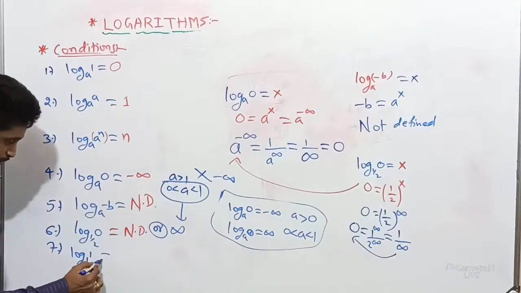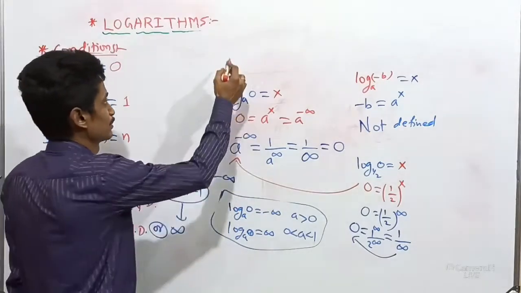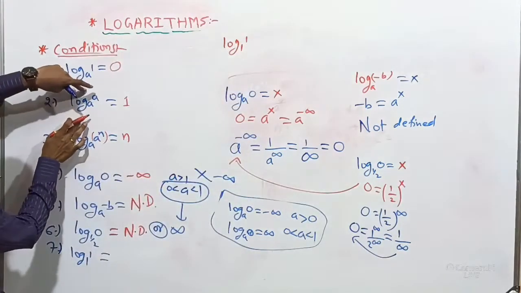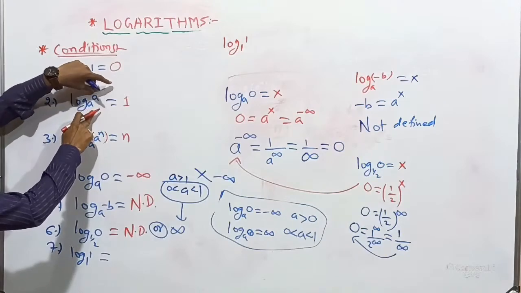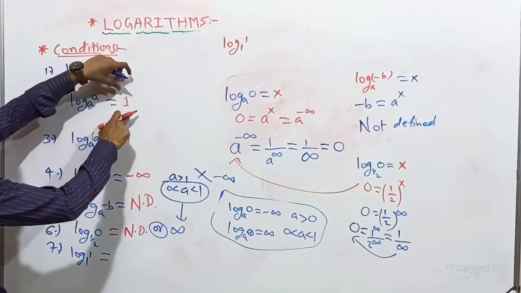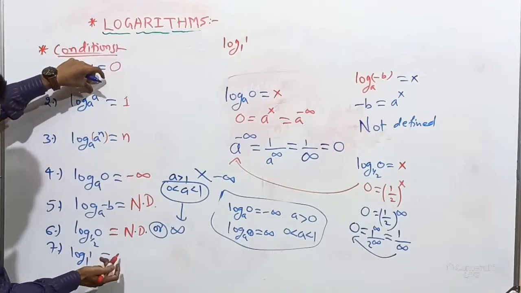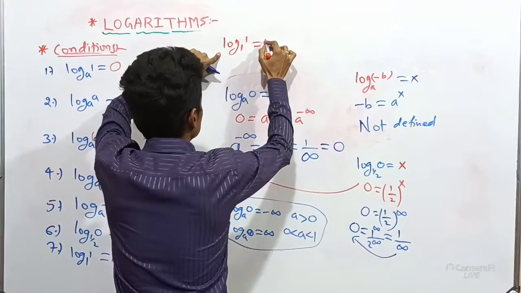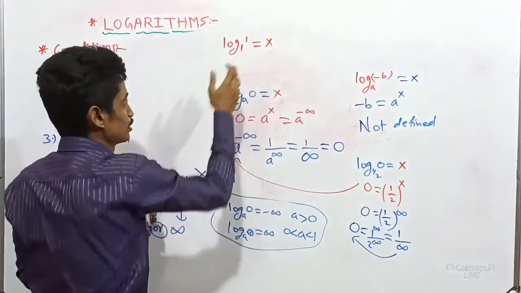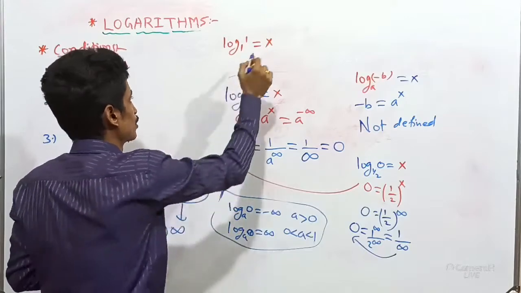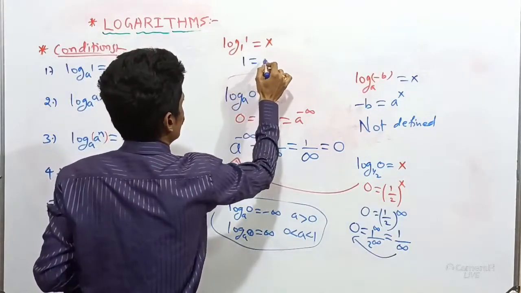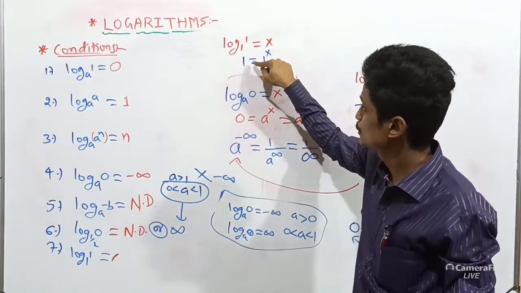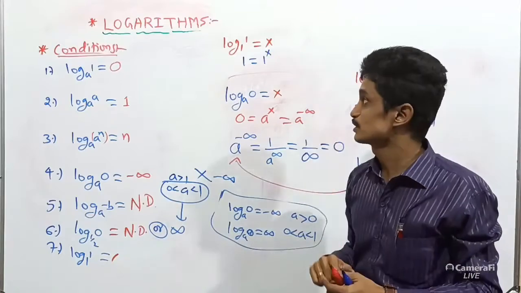Next I will go to the last one. What is the last one? Log 1 base 1. So same, log 1 base 1. Sir, you already discussed here log a base a, where the number is similar to the base a, then our answer will be 1. It means here too we can write our answer is 1. No, it is not possible. Why? We write here simply an unknown value, that is x, because we can assume the RHS value is unknown. Now we write in index form: 1 is equal to 1 power x. Think now, let us start. 1 power anything should be 1. So multiple values of x will be true here.